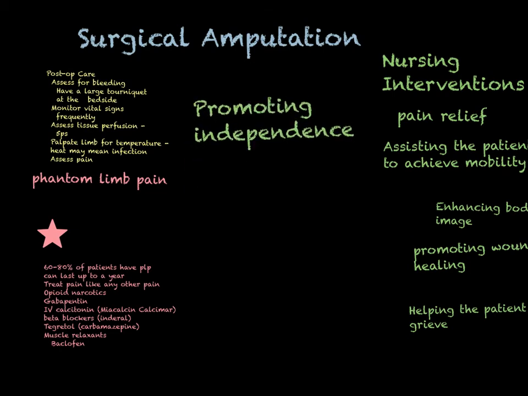Along those lines, one of your goals for this patient is going to be to promote as much independence as possible. This is especially challenging when you have upper body extremity amputations. People who lose fingers, hands, even losing your thumb can seriously impact your activities of daily living. Losing digits, most especially the people who have bilateral upper extremities or people who have extremities that are amputated at the shoulder, like shoulder disarticulations.